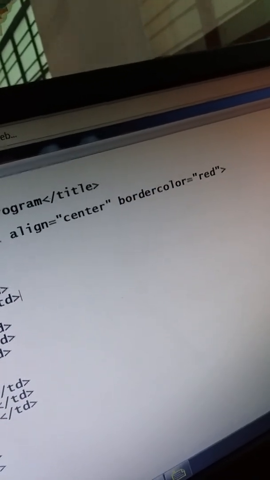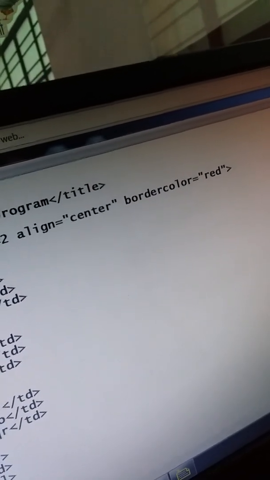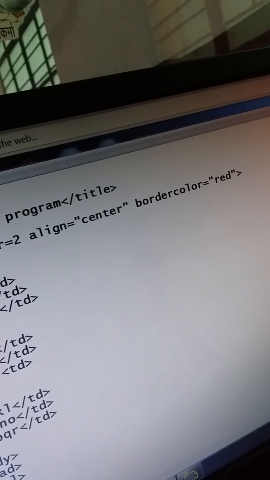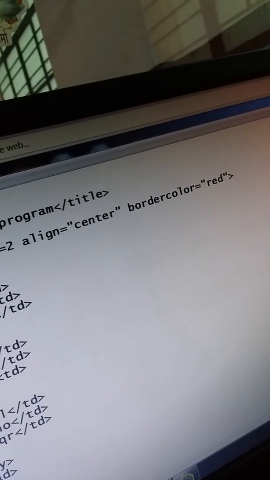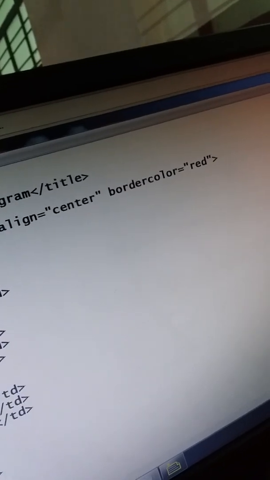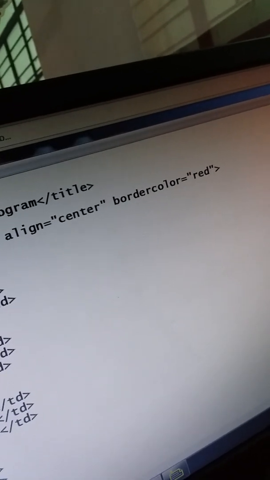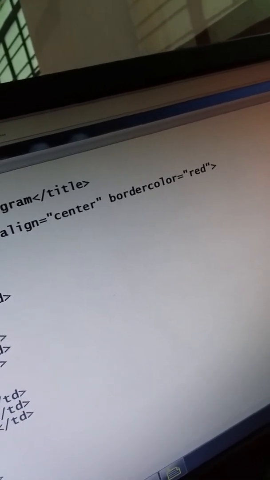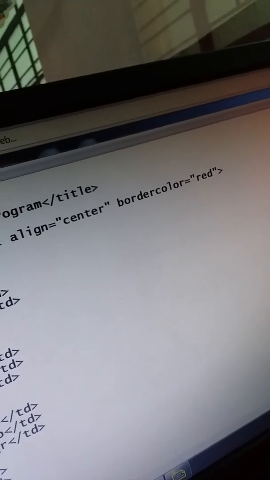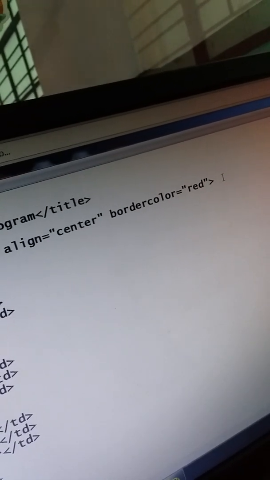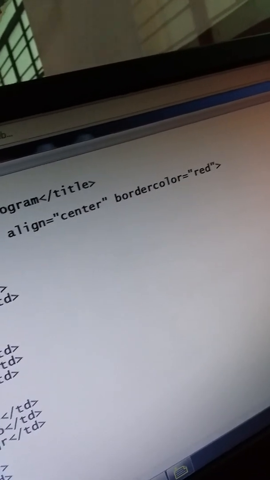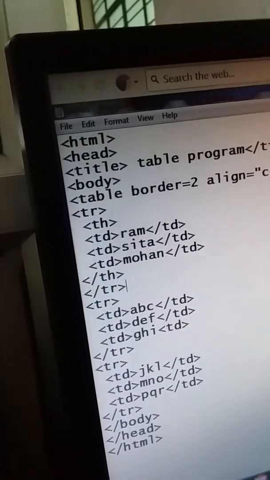Next th close, closing tag slash. Next tr close, slash tr close. See, I have changed this thing.